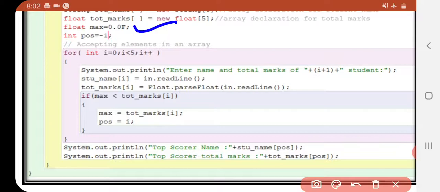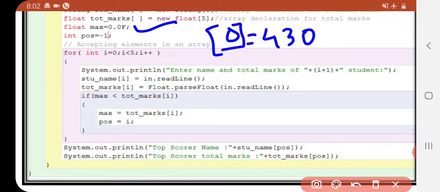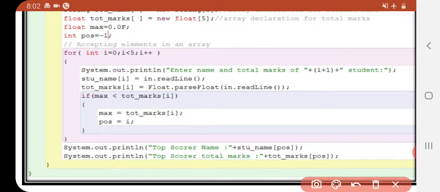For example, tot 0 contains 430 marks, means tot marks 0th position contains 430, and our max contains 0.0f. If we compare both of them, what will happen?